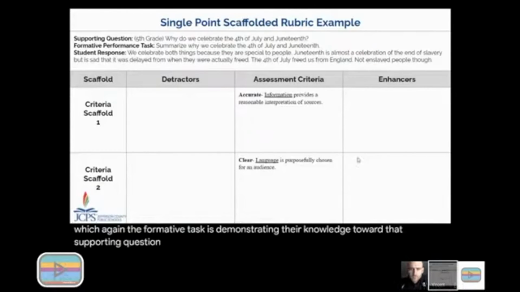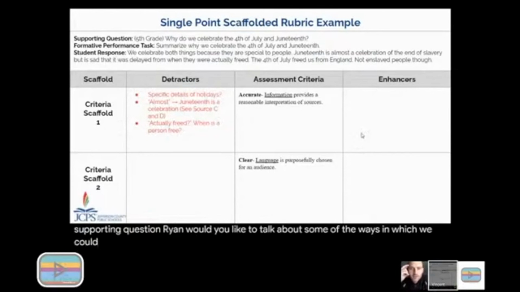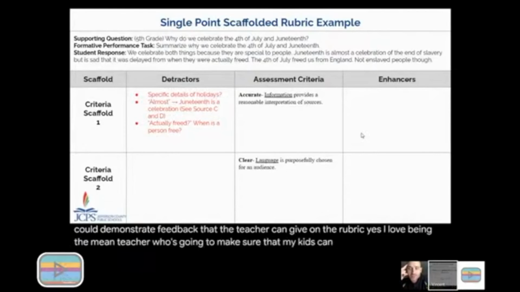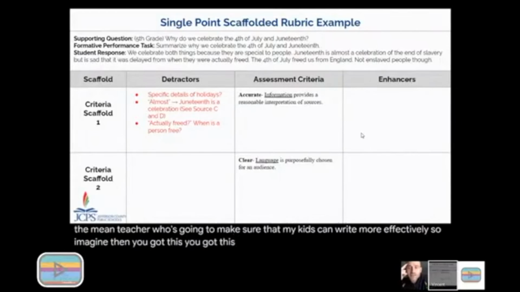Brian, would you like to talk about some of the ways in which we could demonstrate feedback that a teacher can give on the rubric? Yes, I love being the mean teacher who's going to make sure that my kids can write more effectively. So imagine then you've got this student response, and it says some stuff, right? But it may not say it in a way that we want to be able to sort of move forward,